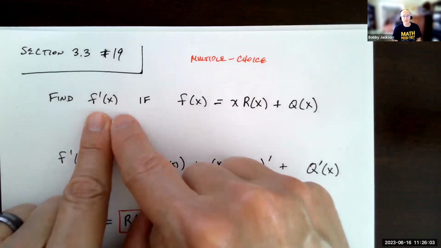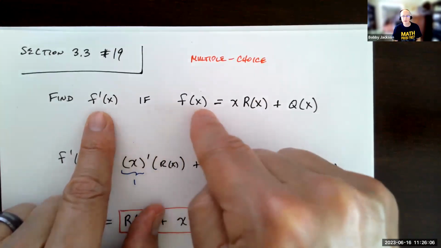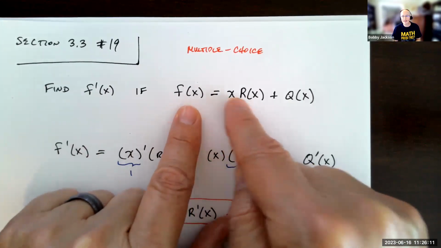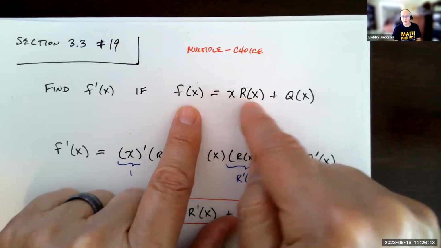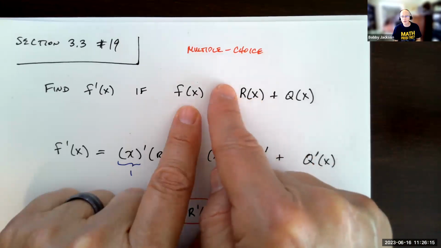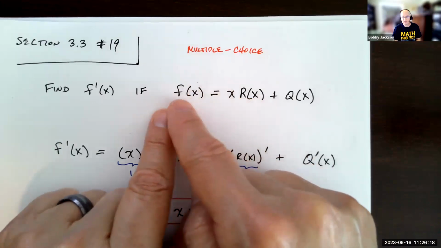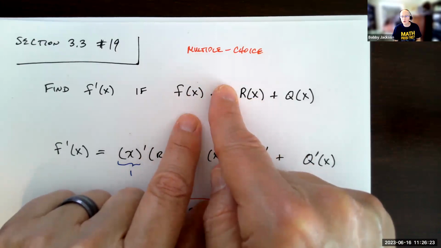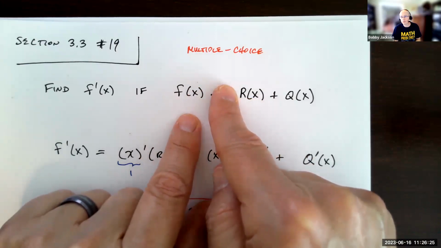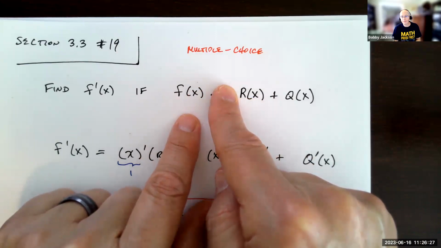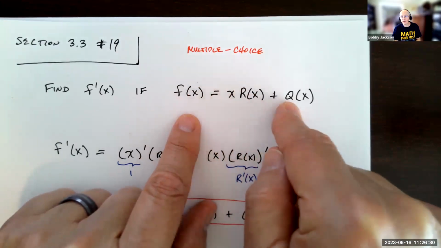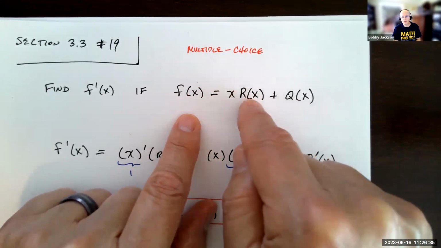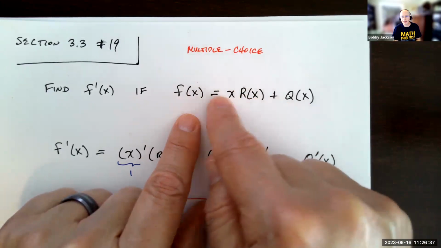So we're going to find the derivative f prime for this function. And this function f of x is given in terms of two other functions, right? I've got x times some function capital R of x. That's what that means, right? This is not, by the way, capital R times x, for the same reason this is not f times x. This is capital R of x, which we don't have the formula for, okay? But that's okay. And then plus some other function, capital Q of x, right? So some function of x, q of x, some function of x, r of x, and that's how we define